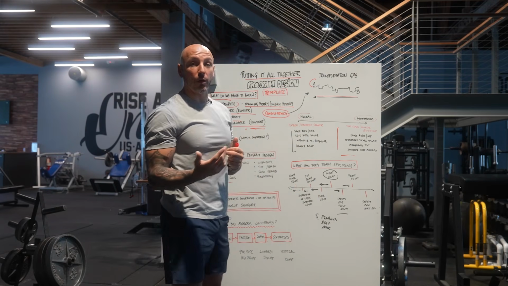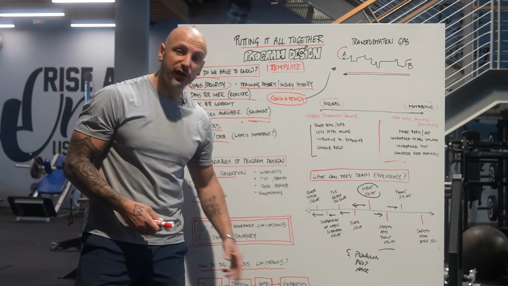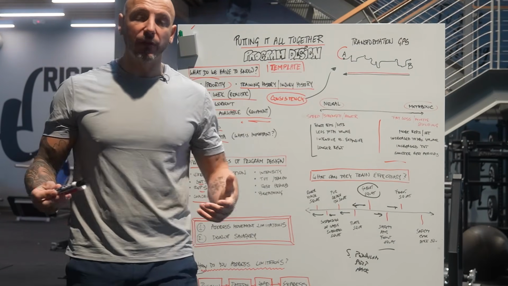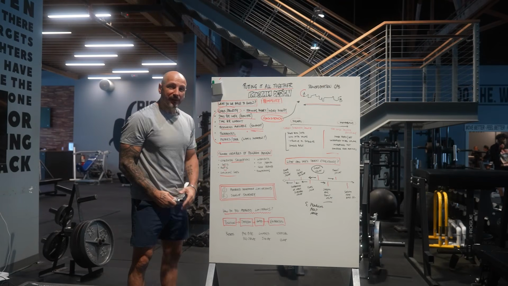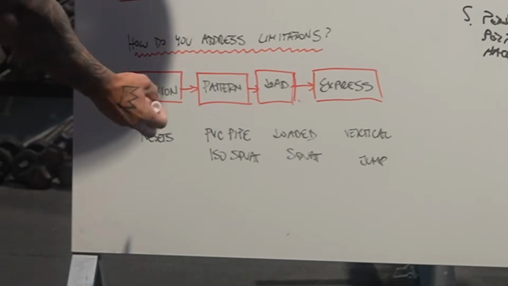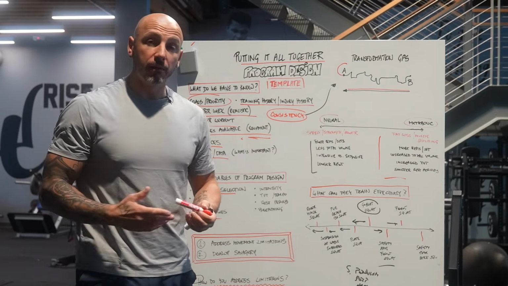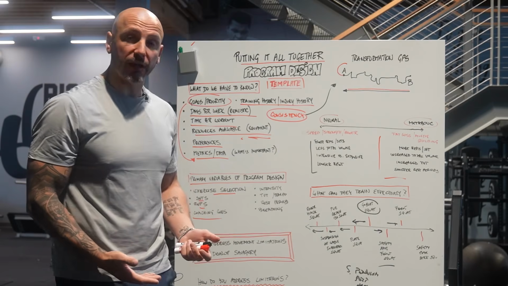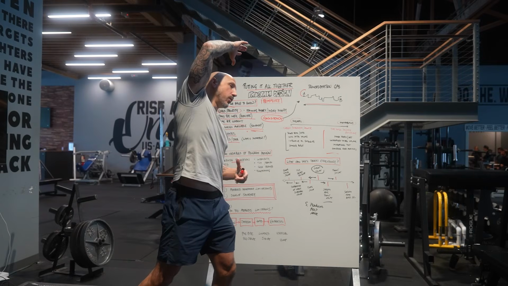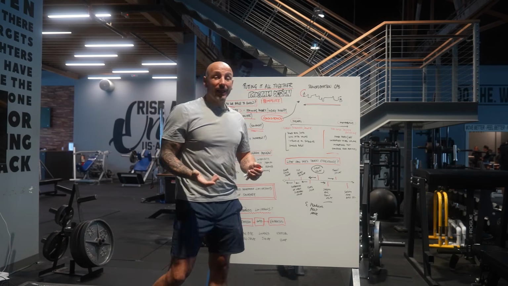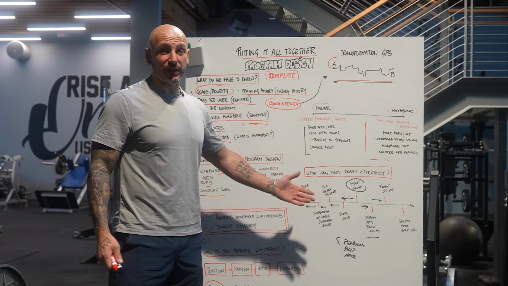Okay, it looks good. We can load it. Okay, so from there, we can load. And an expression is like, can we even do stuff like jumping with it? And this example would be like position. Sometimes we'll do things like resets to get a person in a better position. That might be positional stretch, or should I say positional breathing, right? Think like couch stretch with breathing, rib cage down, and they might get into a better position. But it may just have to be like, hey, we just give them a different exercise.